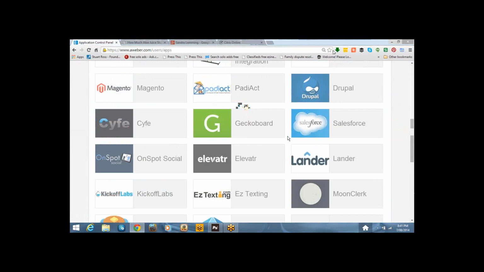So integrate your Facebook app with your Aweber, and that will put a tab on your Facebook fan page, and you can advertise that link. When you're doing a post on Facebook, you may copy your tab link and put that into your post, and your sign-up tab will be there in your post. Then when you advertise that particular post and people click on it, it will take them into the sign-up form in your tab in Facebook, and they can automatically add themselves to your list.